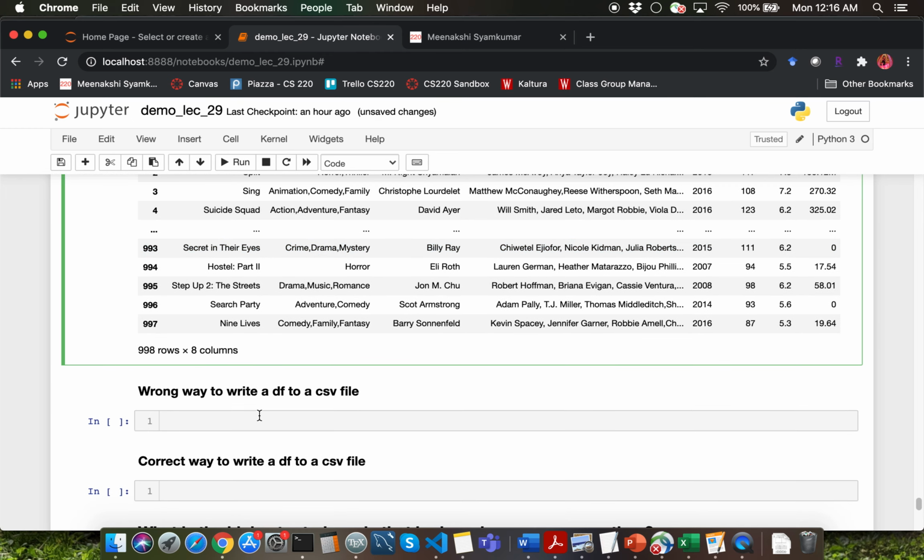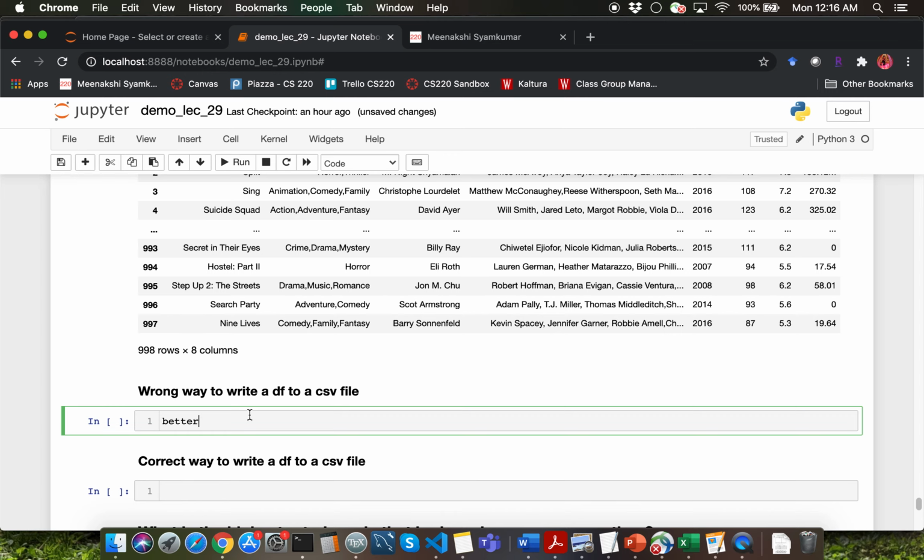Let me show you first the wrong way to write data from a data frame to a CSV file, so that none of you will be using this, hopefully. So the function that we are going to use to write data to a CSV file is very simple. It's just going to be to_csv, and as a parameter we'll have to mention what is the name of the CSV file that we want to write into.